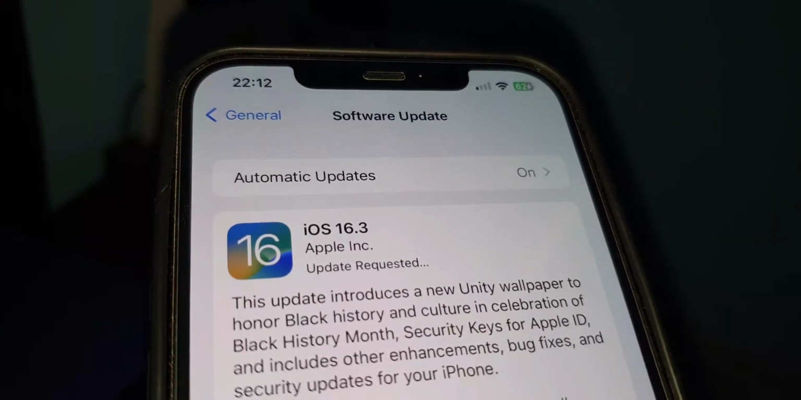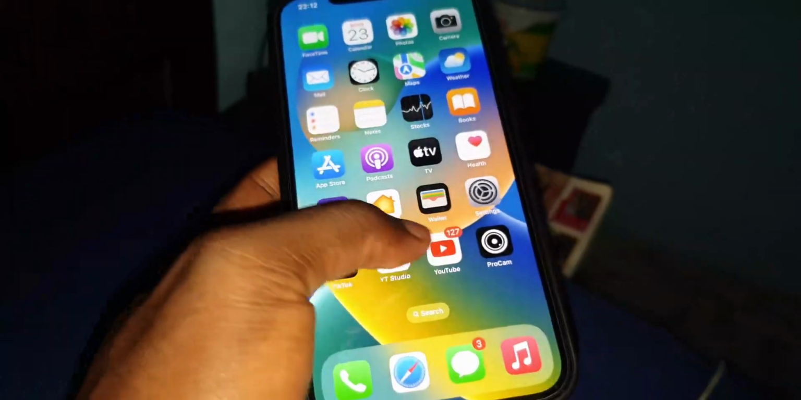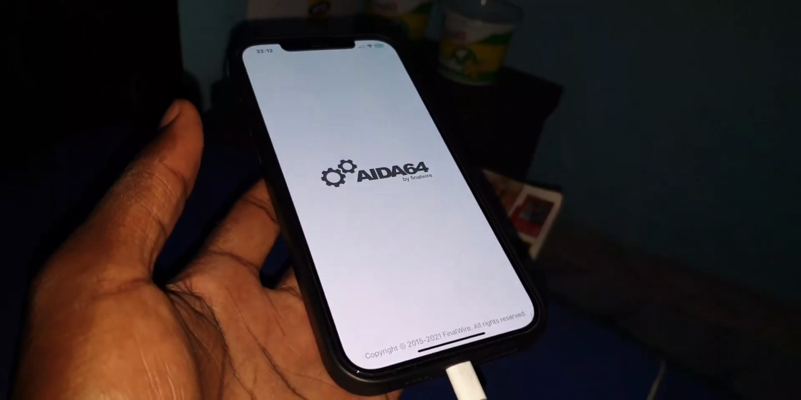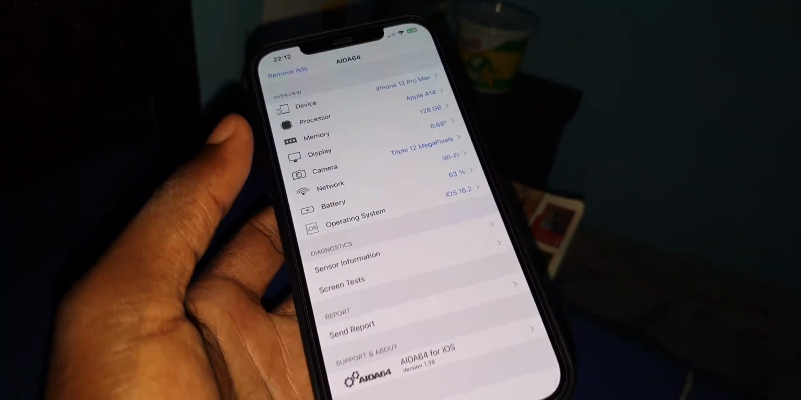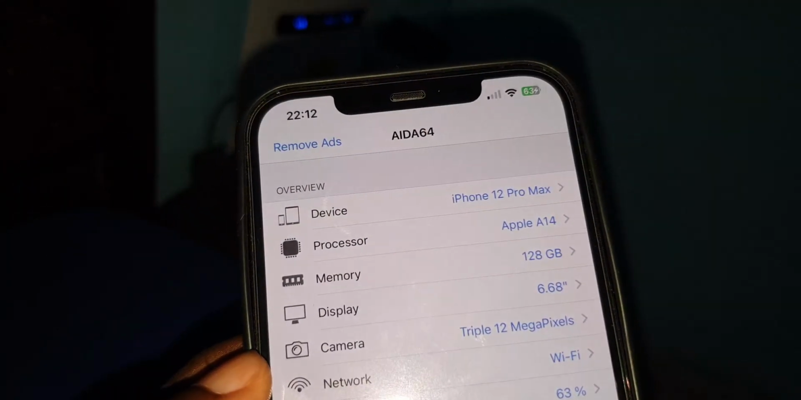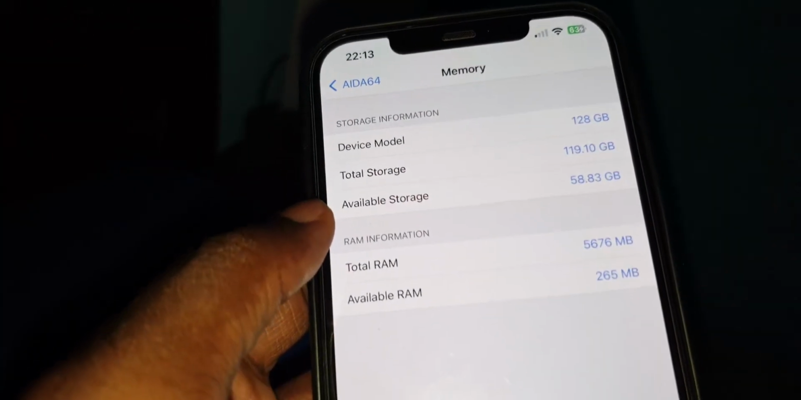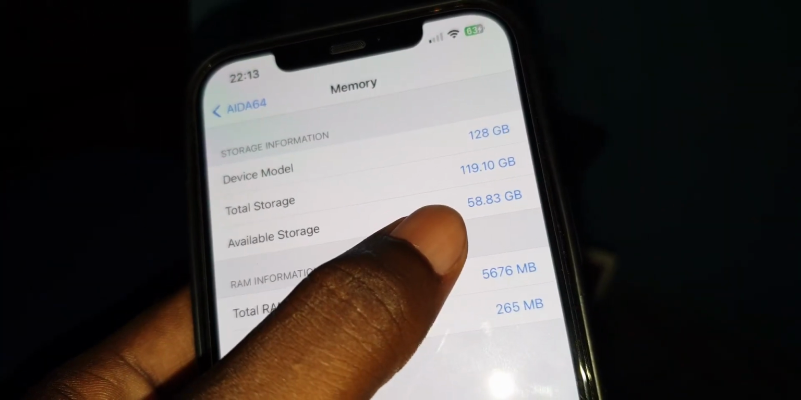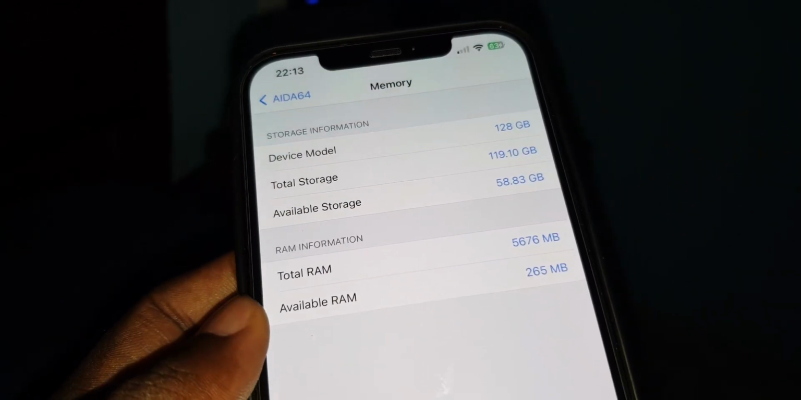Update requested. Okay, no problem. Let's see more information about this phone, RAM, internal storage, and more. With iDA 64, you can see memory. Available storage right now, 58 GB. Available RAM right now,